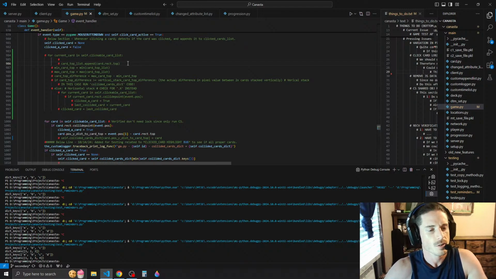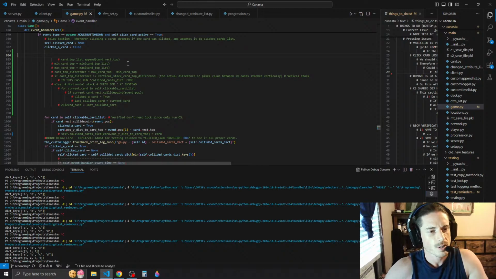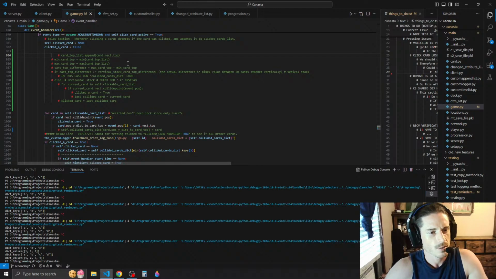Card top list. So this is going away. And we're gonna put this somewhere else. So this is gonna get put somewhere else as well. And all that's gonna happen